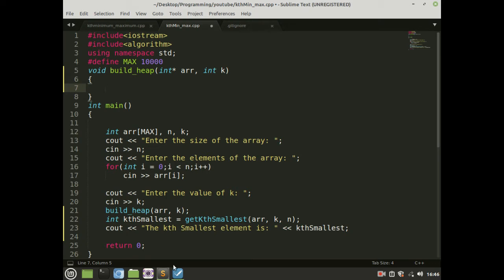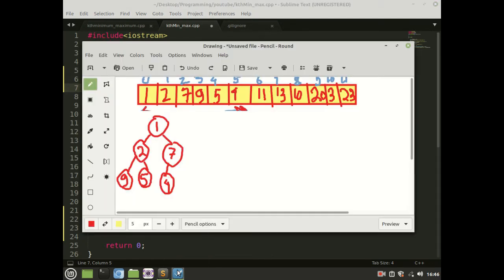Let's take an example. Inside this build heap function, let's say that we are given this big array, and we are told to find the sixth smallest element from this array.